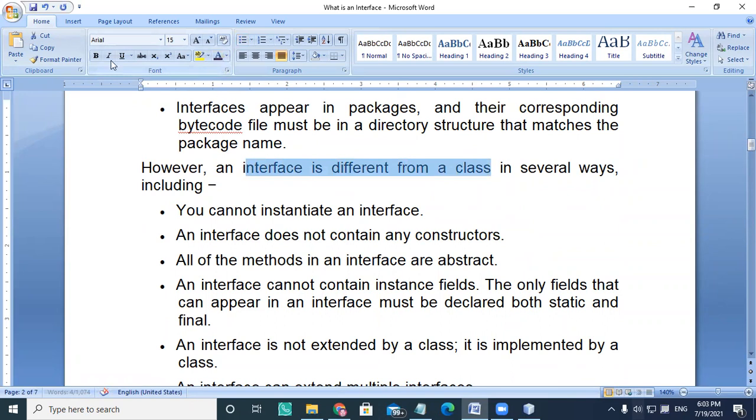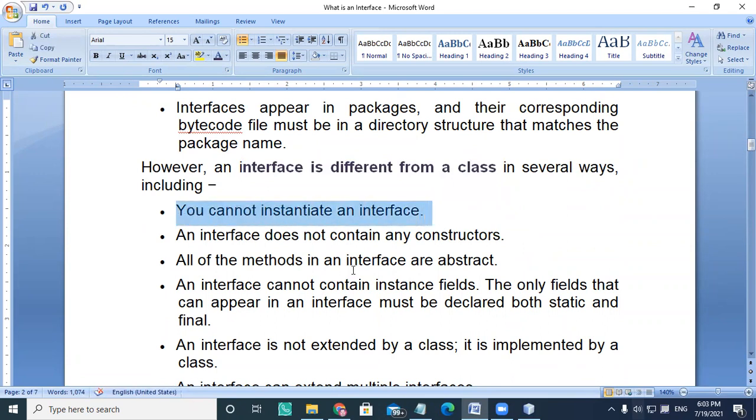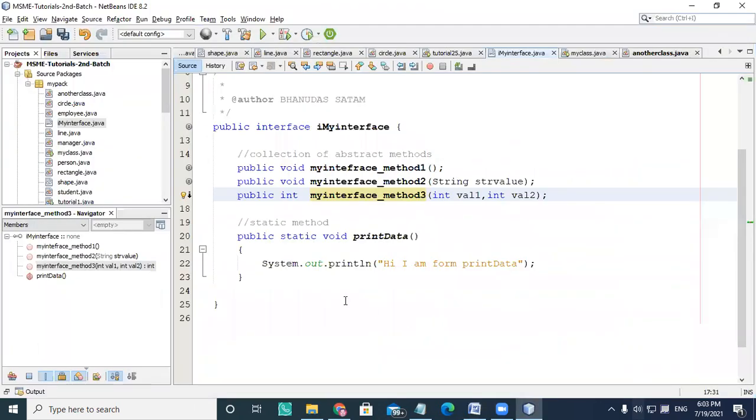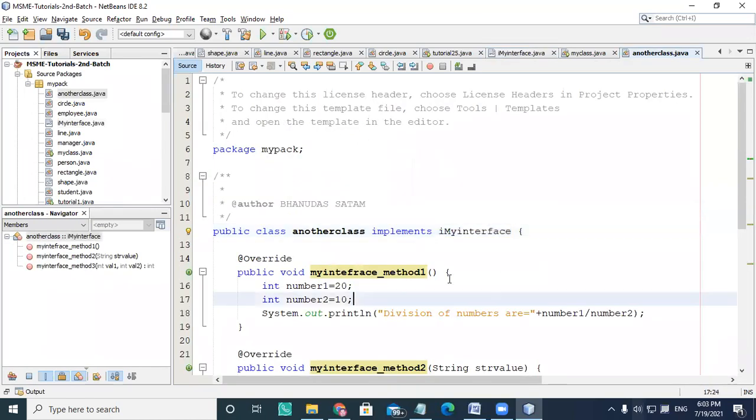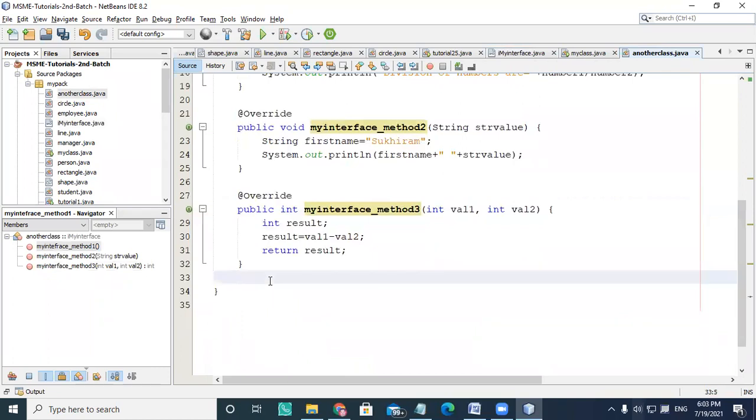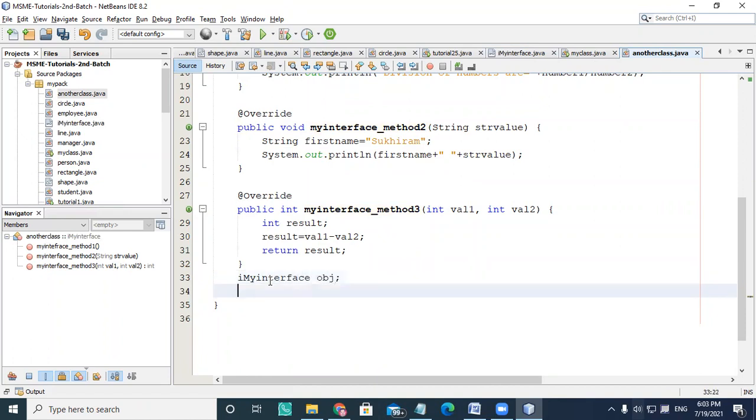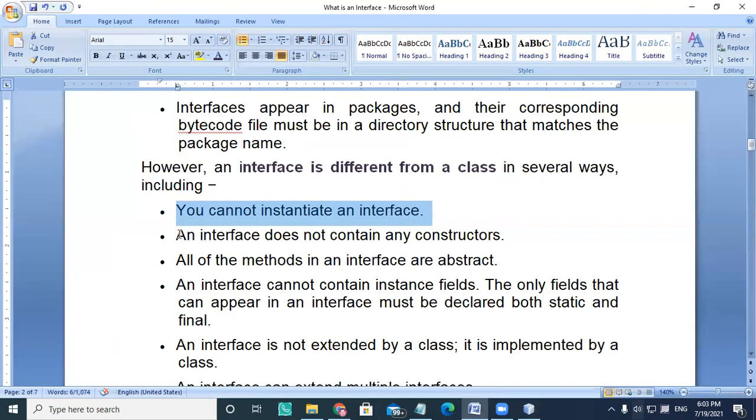How is an interface different from a class? You cannot instantiate an interface, meaning you can't create the object of an interface. Say I want to create the object of an interface in some other class. If I try to create the object, writing my interface type and obj, it says that you cannot instantiate an interface.